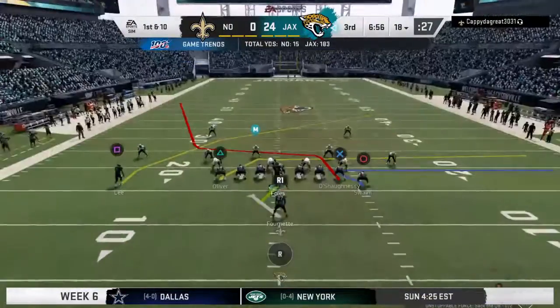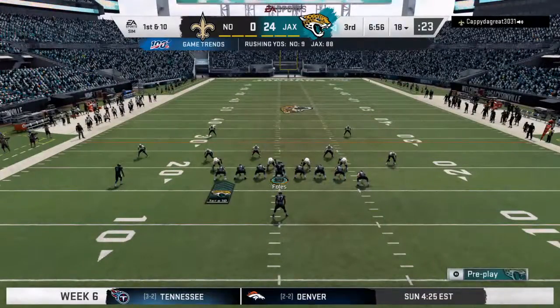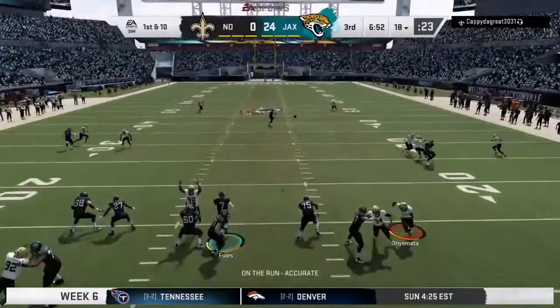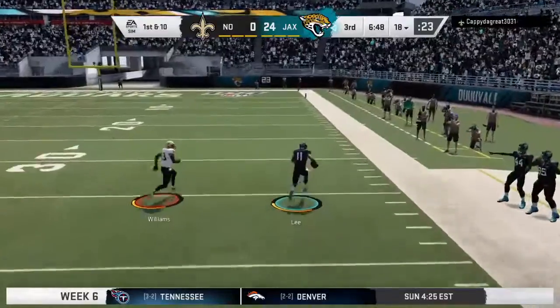Here we go. The Jacksonville offense set to begin their next drive. They built a good first half lead, and now they have a chance to add on to it. And what I'm thinking is that the offensive staff spent the entire halftime just working with them on, here's what we...